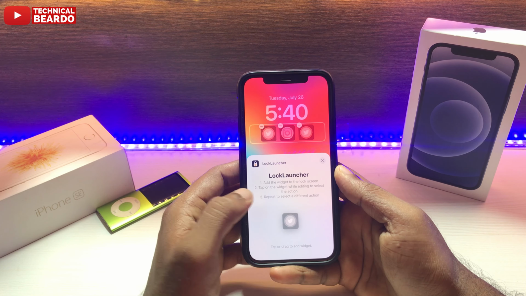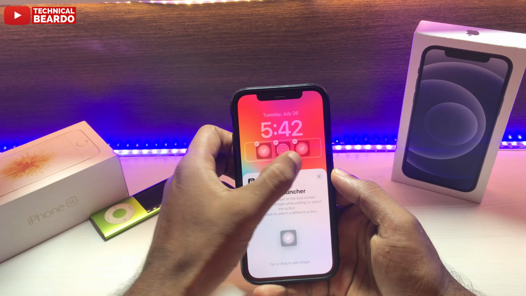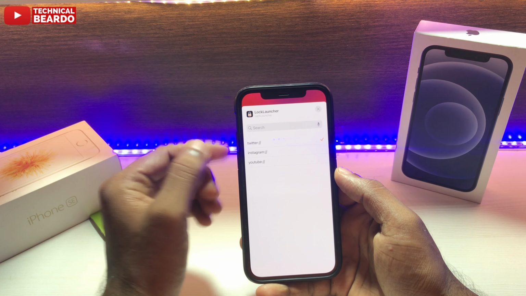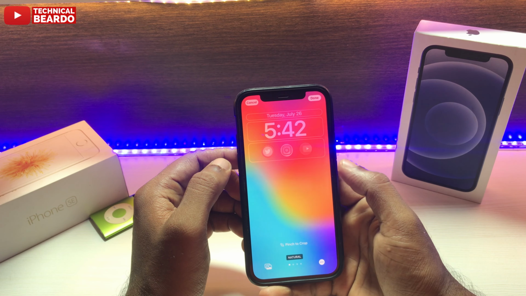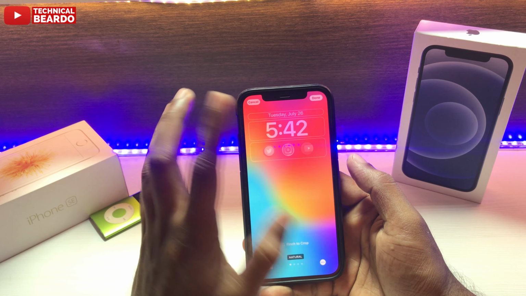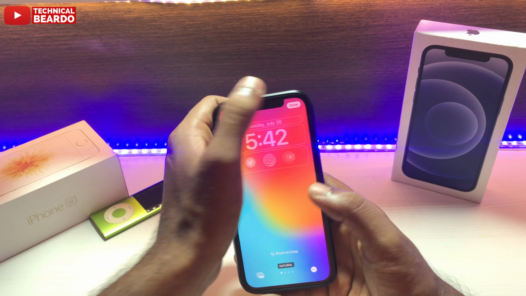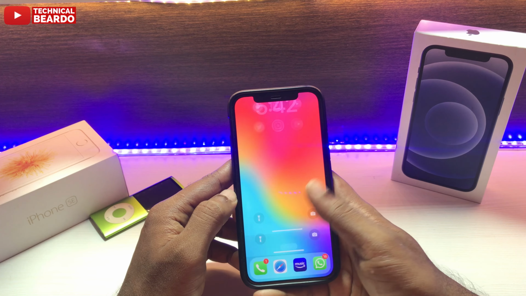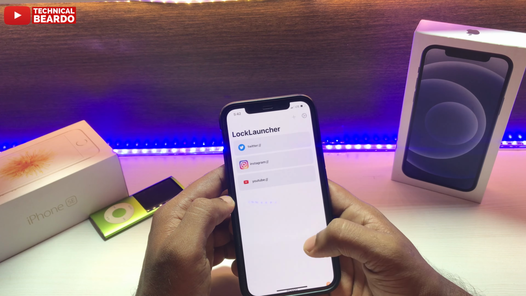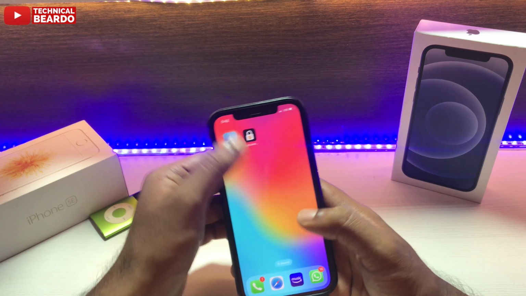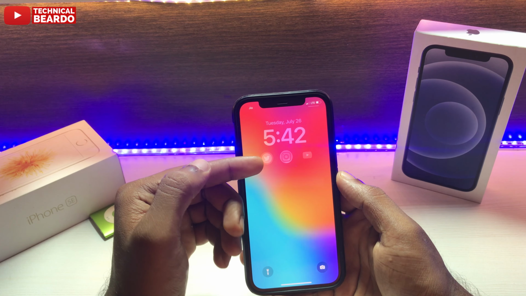Now to change the widget, just tap on the widget added currently. It will give you the option to choose from the applications. You can choose YouTube and just leave it. If you see here, now your YouTube widget has been added to your iOS 16 lock screen. As you can see on screen, the logo is not accurate, right? So I just changed it to no rounding, so the image I imported is the same as shown here. So next time be careful while choosing the image. You should go with the circular widget.